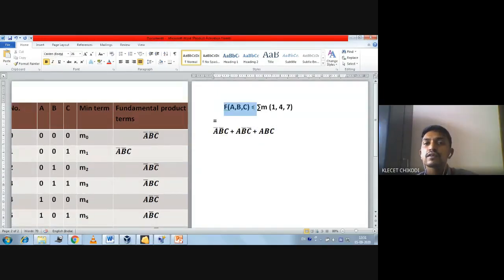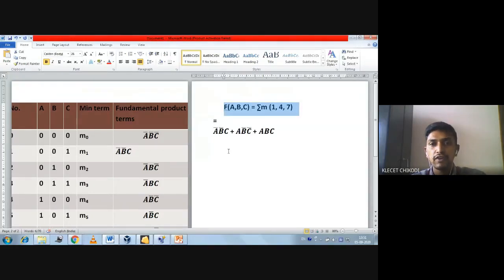So for this canonical minterm form, this is the Boolean expression. In the examination they will give it like this. If we consider A, B, C, that is only 3 input variables, so the maximum number you will get here is 7 only. If it is 8, then you have to take one more variable.